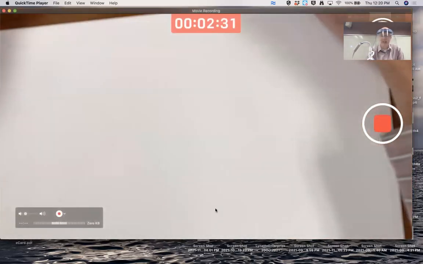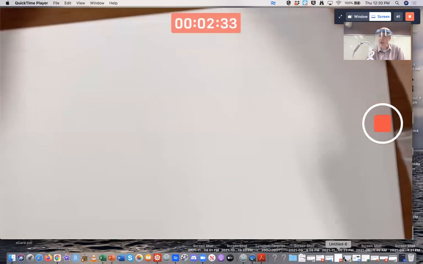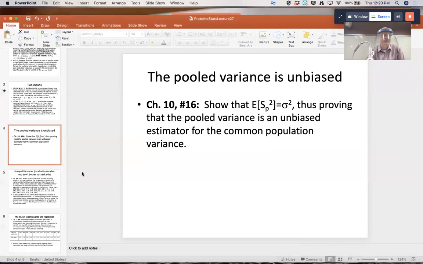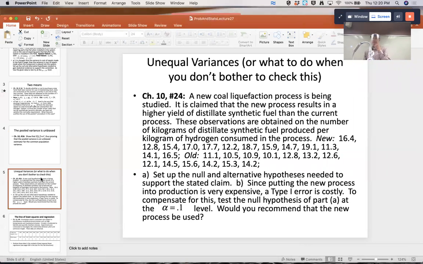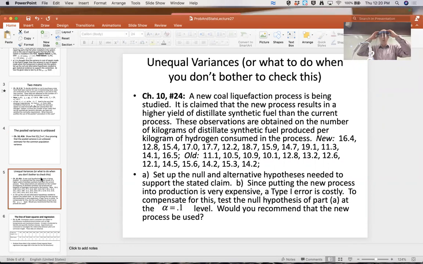So, all right, let's first focus on a comparing means problem when the variances are assumed to be unequal, or what to do when you don't bother to check whether the variances are equal or not. And even if they are equal, or really close to equal, maybe you could still use this approach anyway, okay? So as a kind of a default, I would typically use this approach of just going with the unequal variances